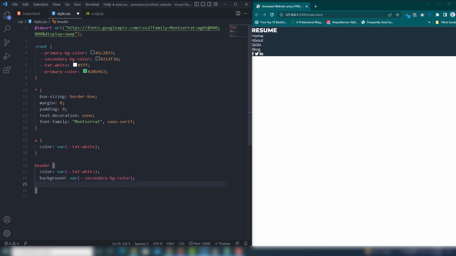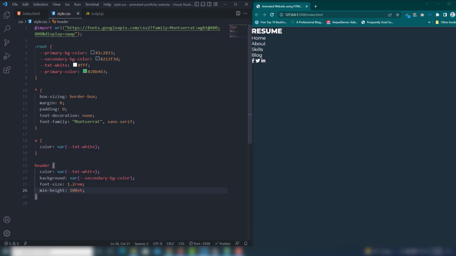And also I'm gonna add the font size will be 1.2 rem, and min height I'm gonna use 100 VH, right? And I'm gonna use the width will be 100%.